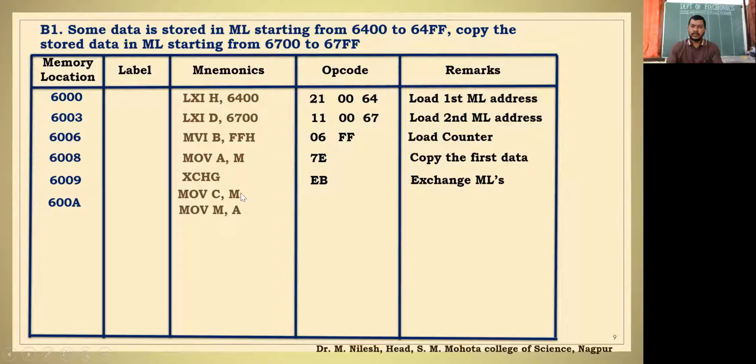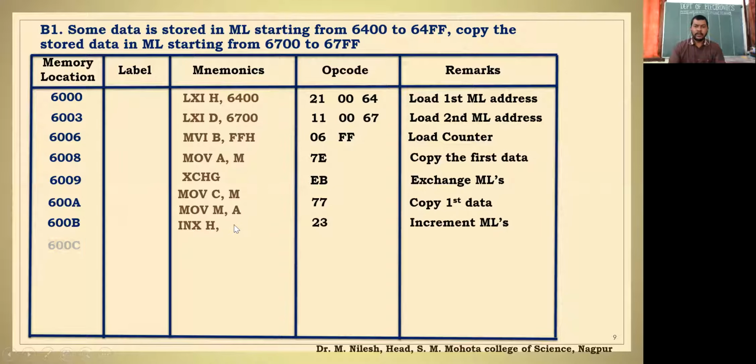Now, since the memory is being copied to the register C, A can be moved to the memory now. So first data is being copied, right? This was the first instruction. Then we have to again proceed. I have not written this instruction, move A to M. I've just made it, and I have not even kept track of the memory location where we have to write. You can do that, right?